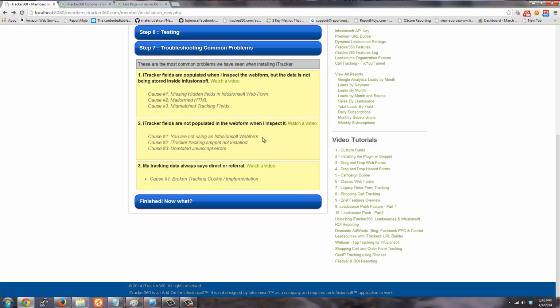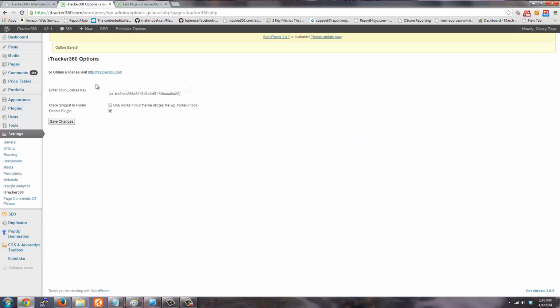I've seen it where people are trying to use eye tracker, but the web form that they have on their site is not an Infusionsoft web form, it's something else. So eye tracker doesn't recognize the form. And then sometimes there are JavaScript errors that cause eye tracker to not work because those JavaScript errors are unrelated, but the way that JavaScript works, it just breaks other things sometimes. So let me show you a demo of this, and that's where right now I don't have my eye tracker